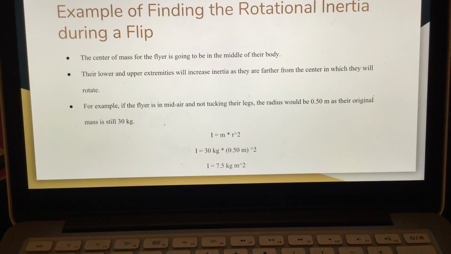Now I'm going to show you how we can find an example of rotational inertia during a flip. The center of mass for the flyer is always going to be in the middle of their body, which will tend to be their stomach or hip region. And the lower and upper extremities will increase inertia as